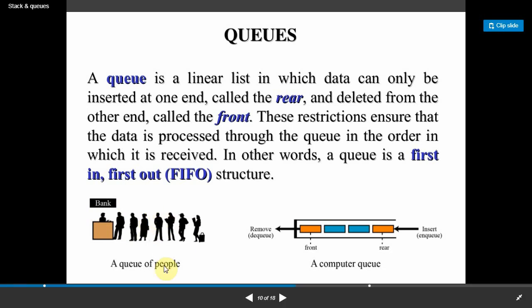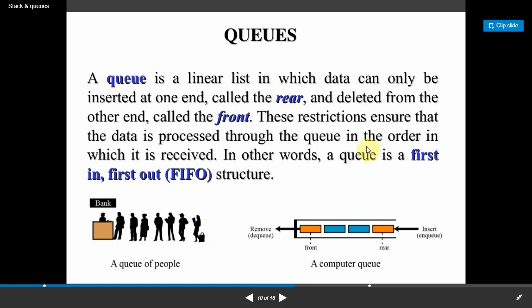Among all the people, who comes first? This fellow. And who comes last? She. Now after finishing the work, who will go first? The person who is standing at the beginning will go outside. Actually, he who comes first is the one who goes out first. Suppose any new person comes, where will he join? In this place, behind her. Suppose any person has to go out, they will go from the front side, and people are added from the back side and move outside from the front side. So this is the basic concept.